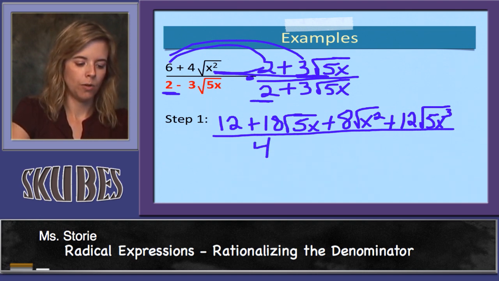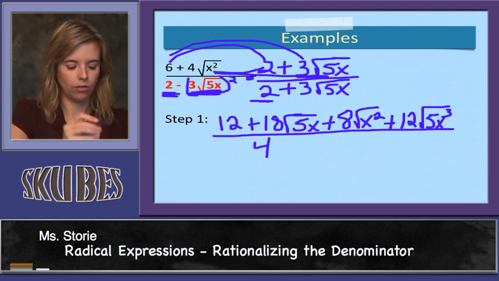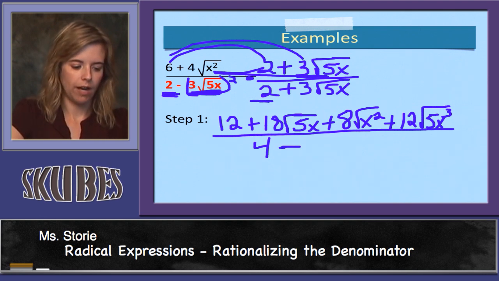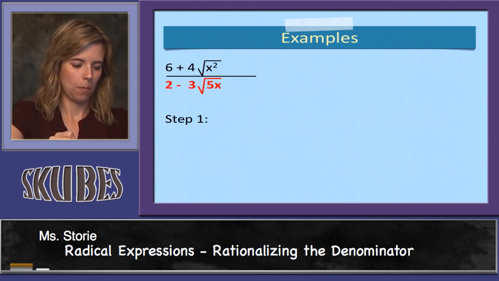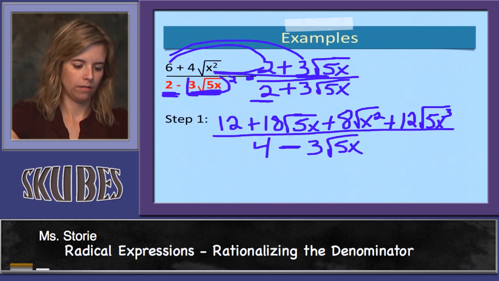And remember, when we multiply the inside and the outside, they're going to end up canceling out. So really, all we end up doing is squaring this, squaring this, and then taking it back out of the radical. So it's really just a rewrite of negative 3 radical 5x. And if we want, we can go ahead and write it all out so you make sure you see how it's being done. So let's take